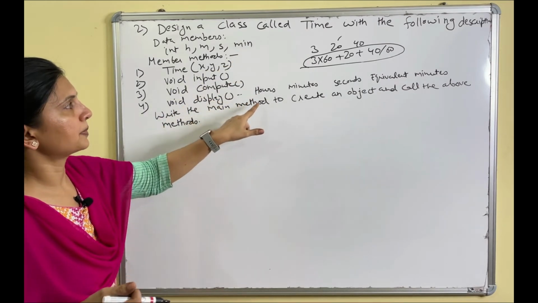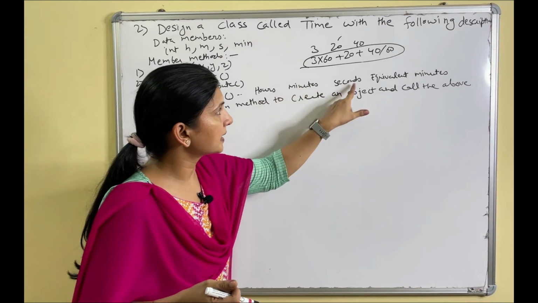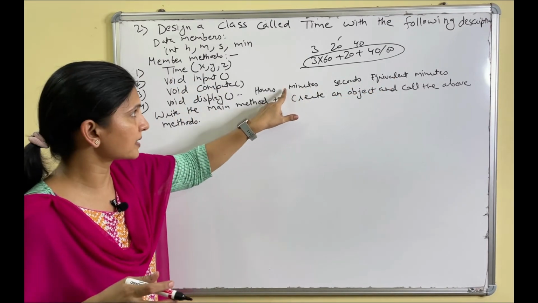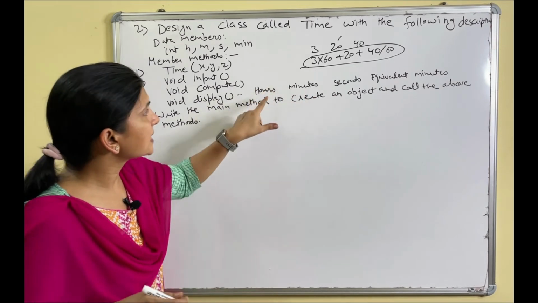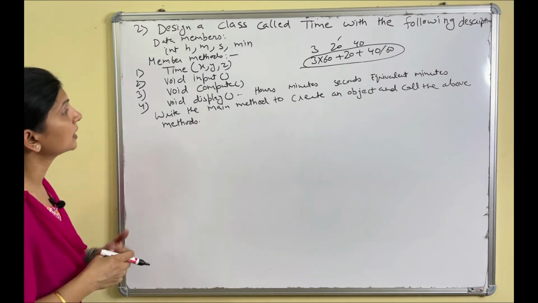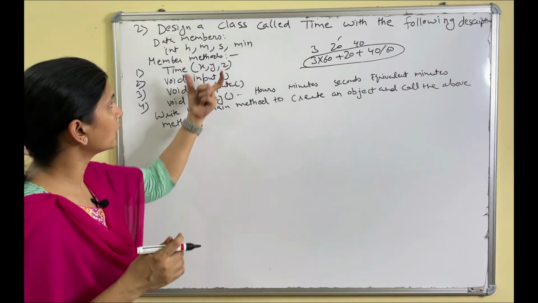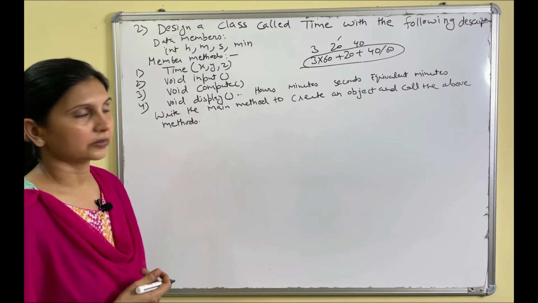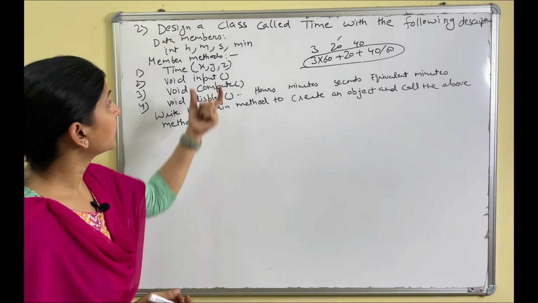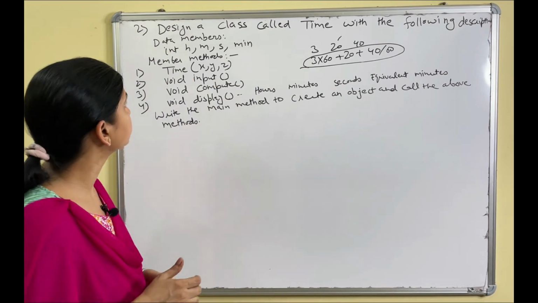And then we will display in this way: hours space, minutes space, second space. For space we will use the tab \t escape sequence, right? And then in the next line we will display its values. I hope you have understood the question. And then we will use the main method to create the object and to invoke these methods. So one by one we will make it. So first we will start with the parameterized constructor Time. Chaliye, let's start.